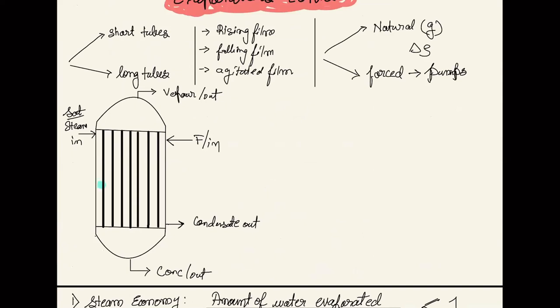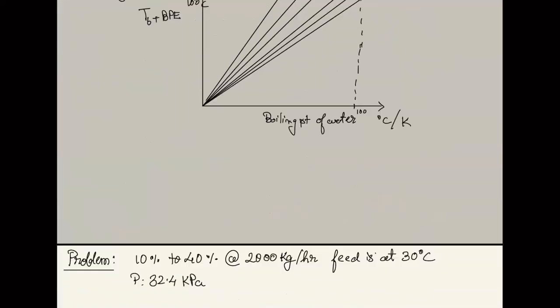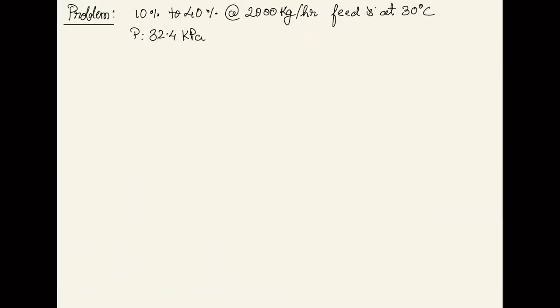All right. So you will be having some fluid stored here, right? I mean the fluid will be over here, right? So this is the pressure of the chest. Okay. So this particular thing is at a lower pressure of 32.4 kPa. All right. To heat it, we will be using steam, that too saturated.